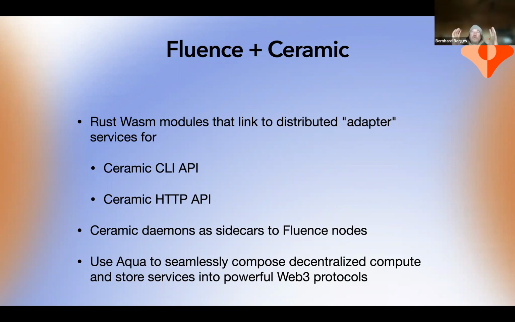Your Fluence.js node, your client, is your sort of mega service, right? You can't slice it, dice it, and partially host it somewhere else, whereas WebAssembly, you can. So the level of granularity is at the WebAssembly module.